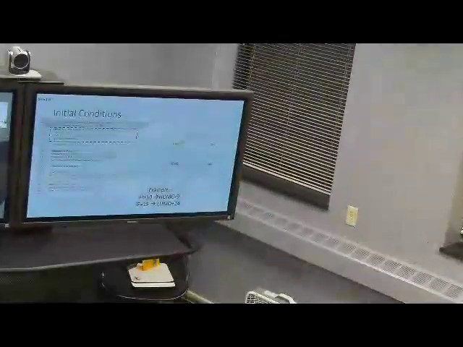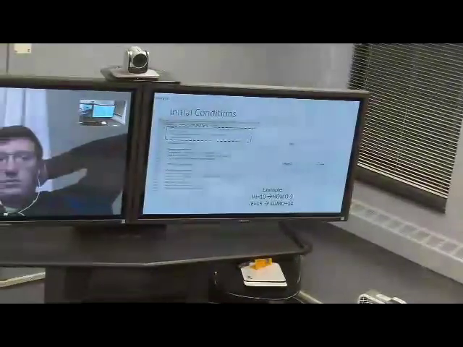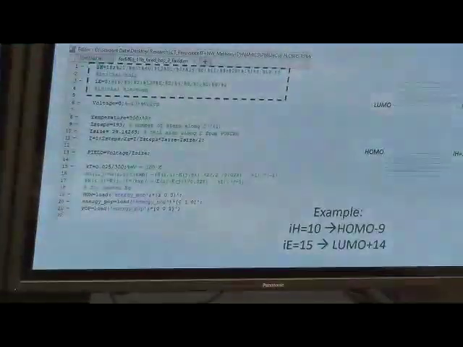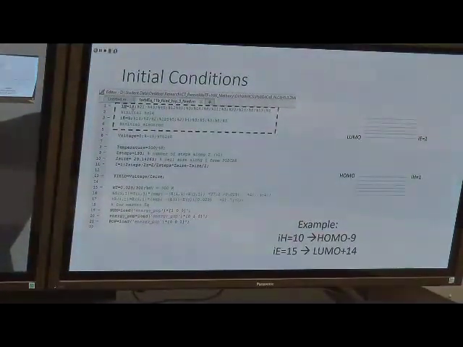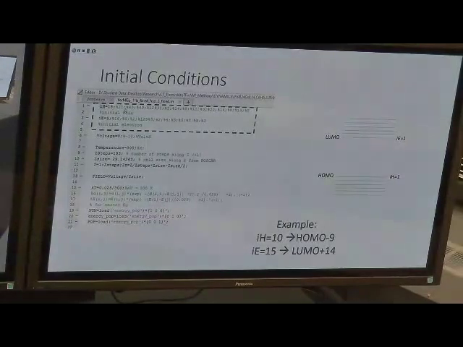But you want to choose good ones so reviewers don't ask you why you are looking at these transitions. So normally we want these to correspond to your oscillator strengths, which you compute earlier. You would already know those values. You would just have to look them up in the cluster before you run the simulation. And on the right-hand side, it shows you what each of these parameters responds to. So IH equals 1 would correspond to your HOMO, and IE equals 1 would be your LUMO. So yeah, it's just good to